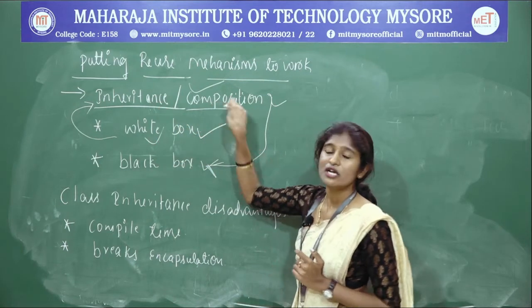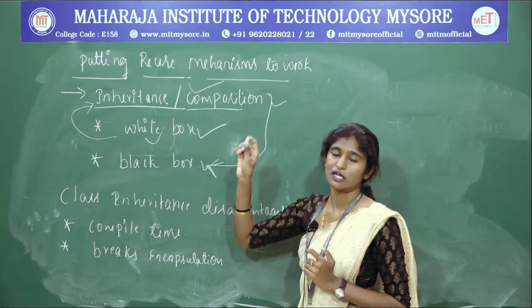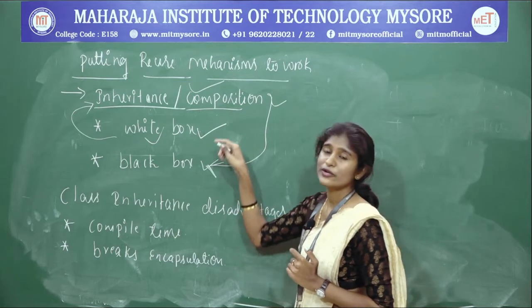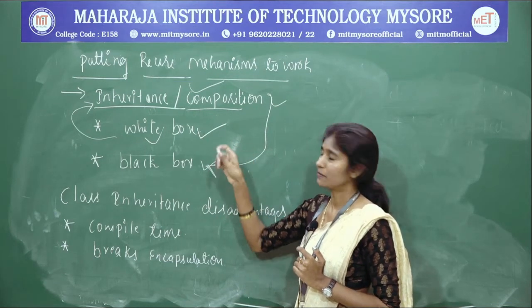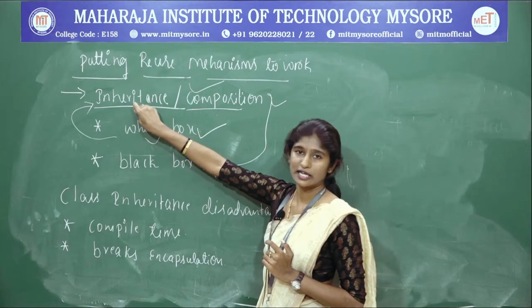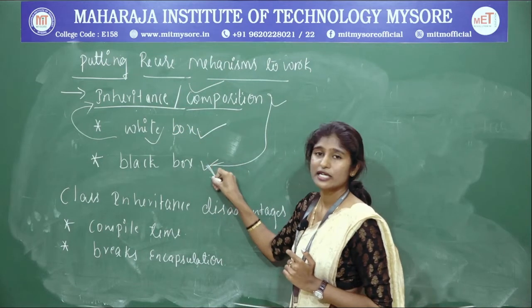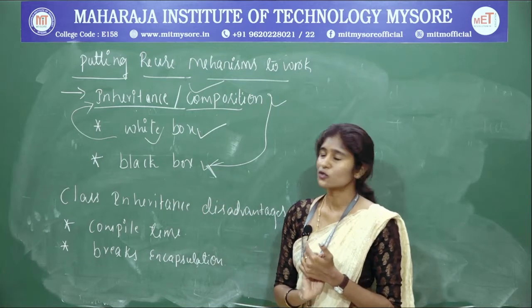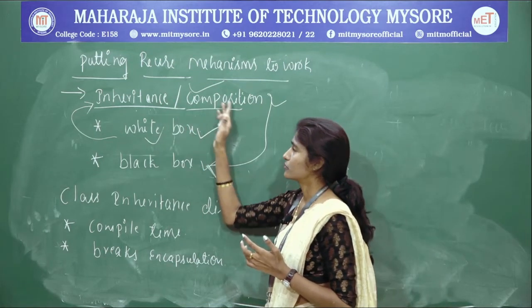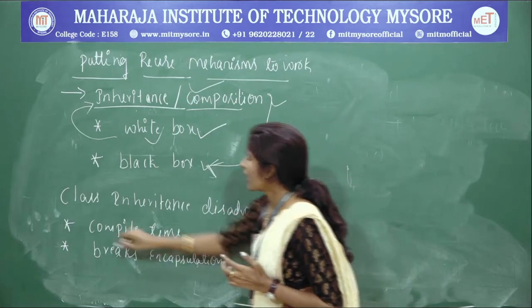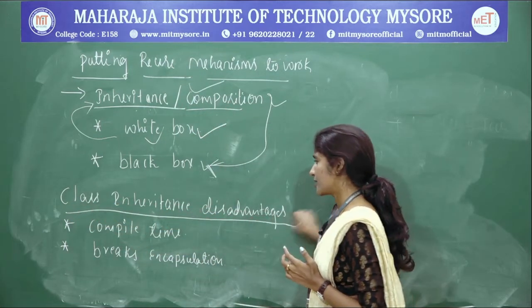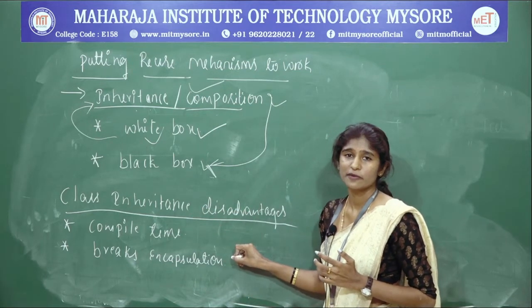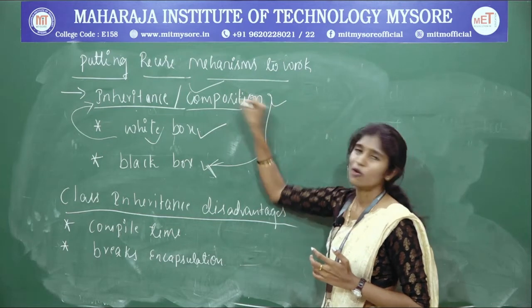Whereas composition contains objects, huge objects composed using interfaces, where it is not going to allow you to use the particular implementation the way you do in inheritance. That is why I denote it as a black box, meaning the details will be hidden. That is the difference between inheritance and composition. I have written here that inheritance has some disadvantages, and the same disadvantages stand as the advantages of composition.